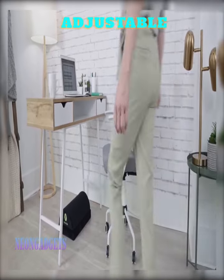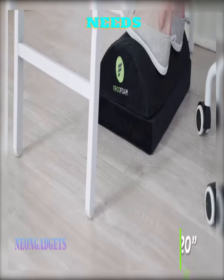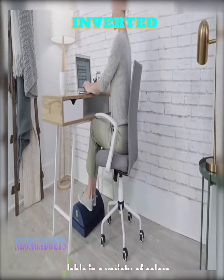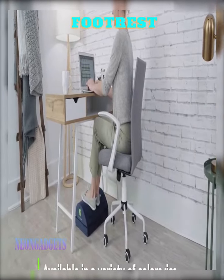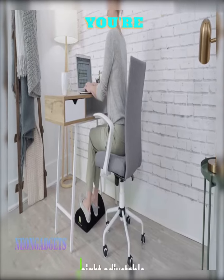The ErgoFoam adjustable footrest is not your average office footrest. It's customizable to your needs, and you can adjust it in 3 ways. The normal way with the base attached, inverted, or detached. This desk footrest is made by the only footrest brand endorsed by US chiropractors, so you know you're getting a high-quality